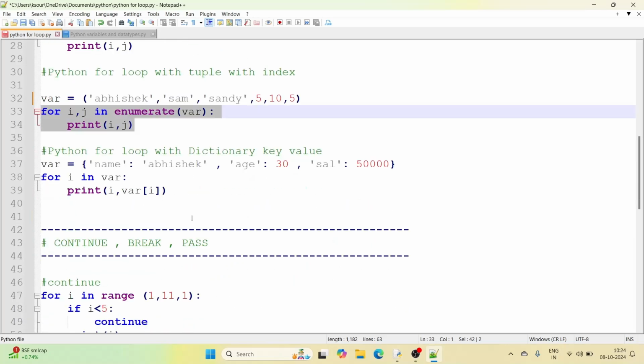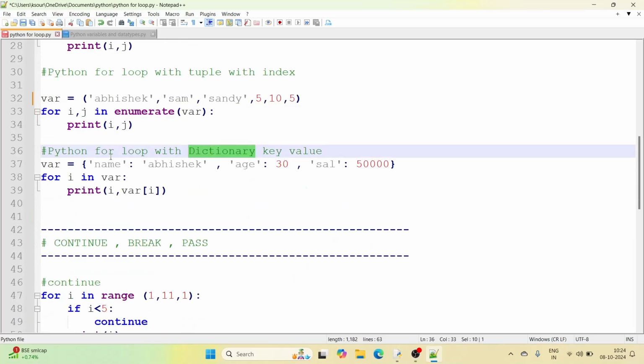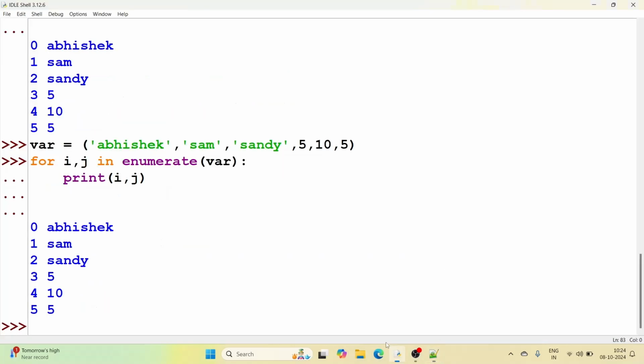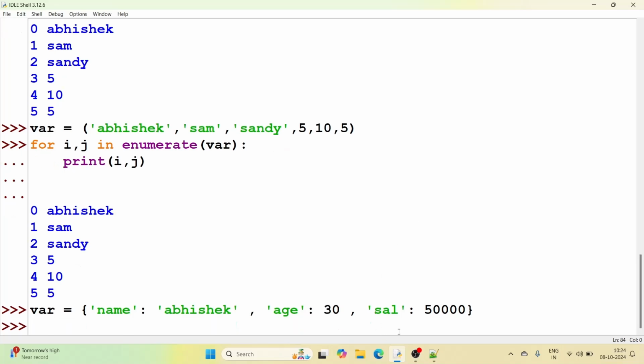Now, the next data type is the dictionary. We learned the dictionary data type last time. The dictionary data type is in curly brackets, and it has key and value pairs which are separated by a colon. Comma separated, we can have the next key value pair, then comma separated the next key value pair. So it can store key value pairs comma separated, and key and value are separated by a colon. Let's define a dictionary first. Let me define it. So our dictionary got defined.